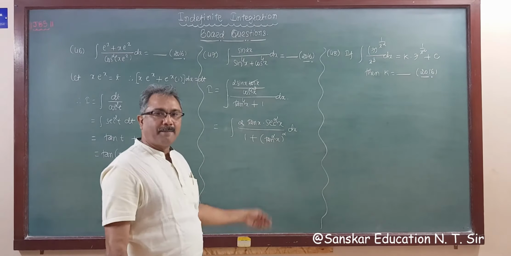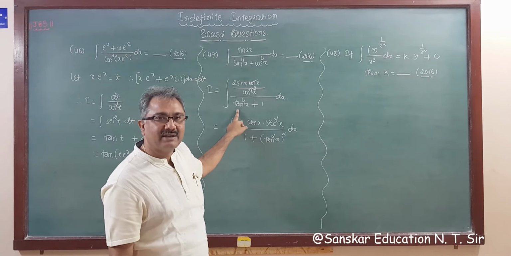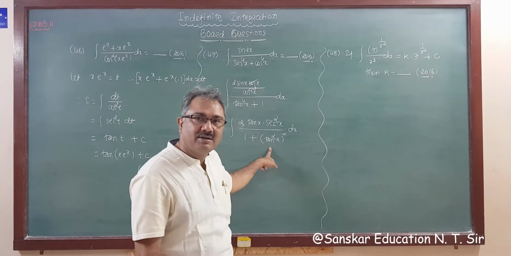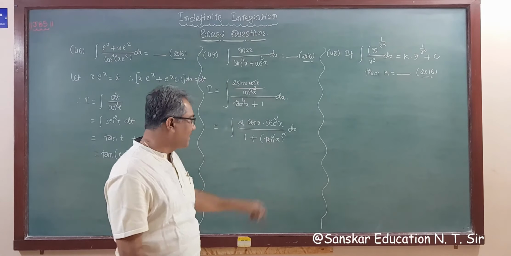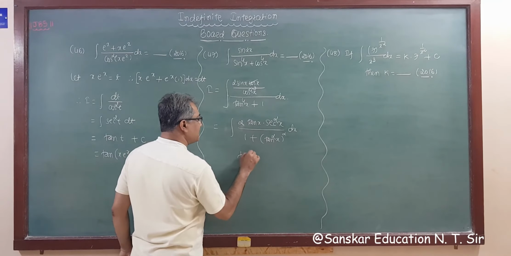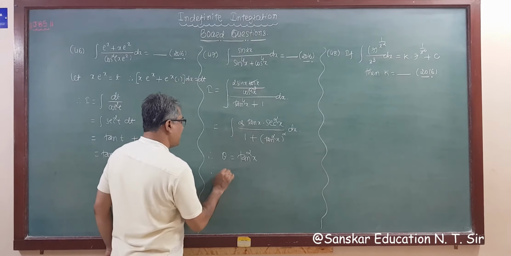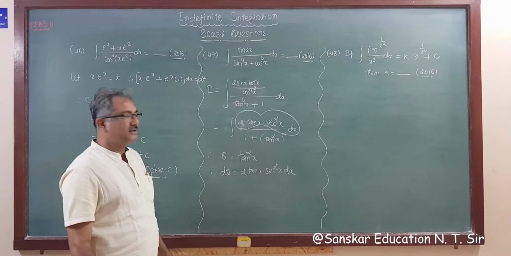See what I write, what I did, मैंने क्या किया, मैंने क्या लिखा, देखो क्या हुआ. ये tan raised to 4, हमारी फॉर्मूला, सब फॉर्मूला है वो स्क्वायर में ही है, तो क्या करेंगे, इसका स्क्वायर लिख दिया. Now if you assume this is equal to t, then derivative of this, right? So I am assuming tan square x, let theta is equal to tan square x, so d theta is equal to 2 tan x, and derivative of tan x is sec square x dx. So क्या हो गया? This is your d theta. Sorry, d theta. Right? This is your d theta.